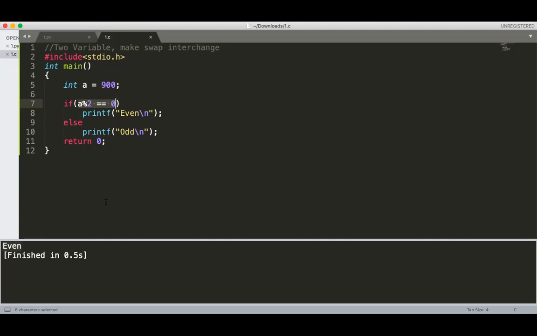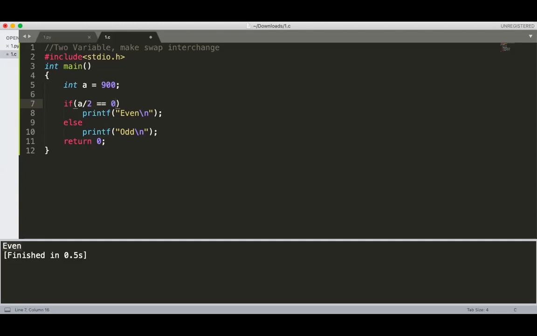Divisible by 2 is also fine, no sir? Divisible by 2, so how to check that it is divisible by 2? We can check the quotient, whether it's a multiple of 2. But how to get the quotient? You can get the quotient by using the modulo operator, but you don't have to use it here. Quotient we can get with A divided by 2.